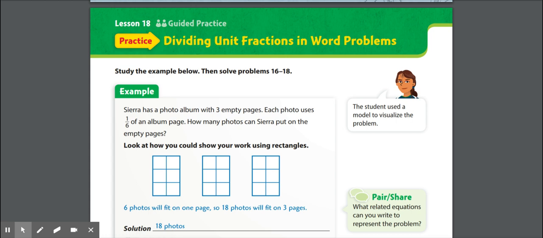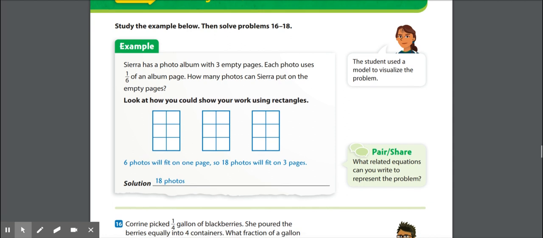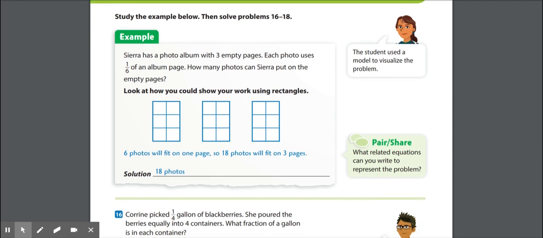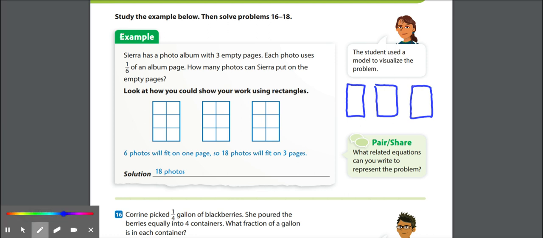So let's start with the example. It says, Sierra has a photo album with 3 empty pages. That's exactly what I would have drawn. Of course, minus the boxes in the center, I would have drawn 3 empty pages. Okay. Each photo uses 1/6 of an album page. So you see they divided those up because they're showing you that if you divide your page up into sixths to put photos, I have room for 6 photos on each page. So that would be 6 there, 6 on the second page, 6 on the third page,